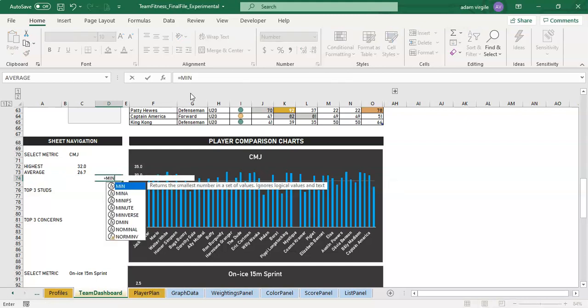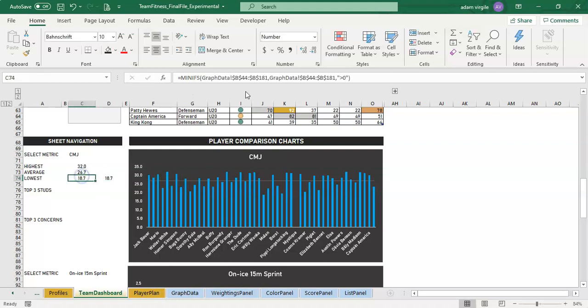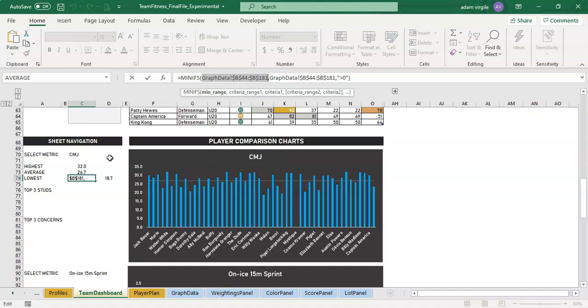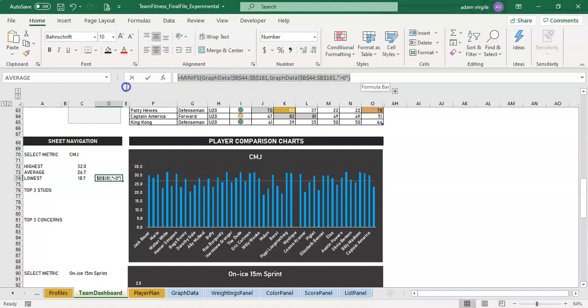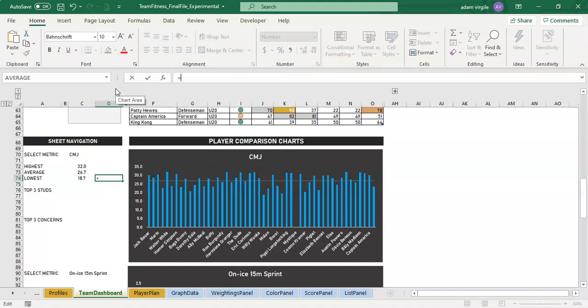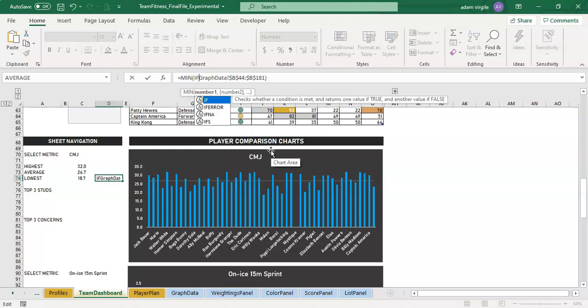So I'll go equals min, and I'll just do what we just did, it doesn't make sense to do it that way. So I'll select this. This is our minimum value that we're looking for. And I'll go, I copied that, equals min of that. This is what we had before, and it's 0. And now what we can do, we can go if